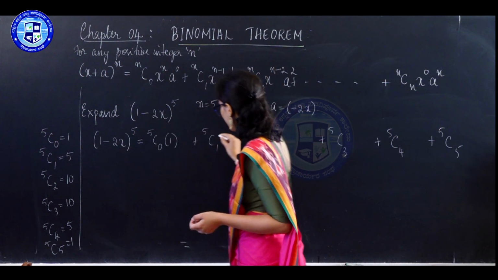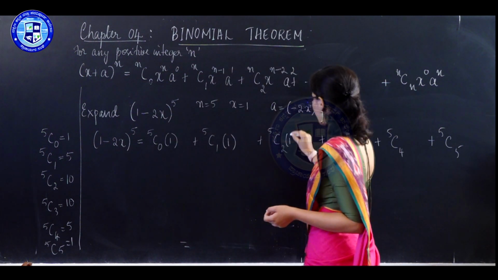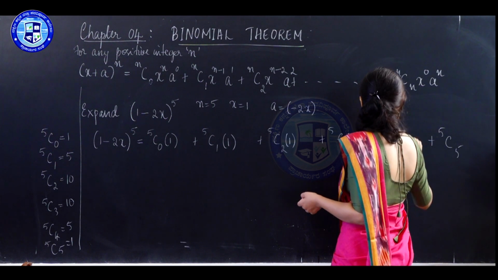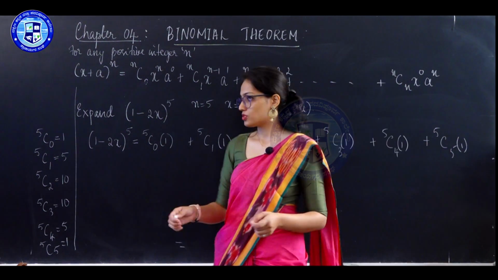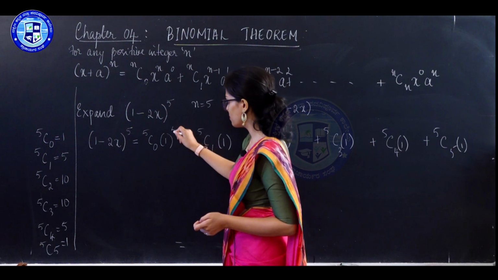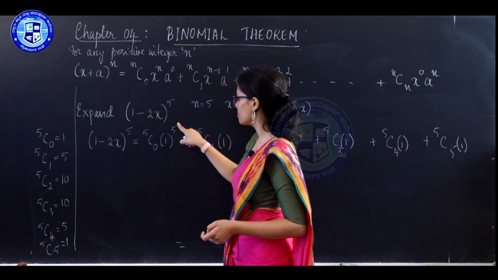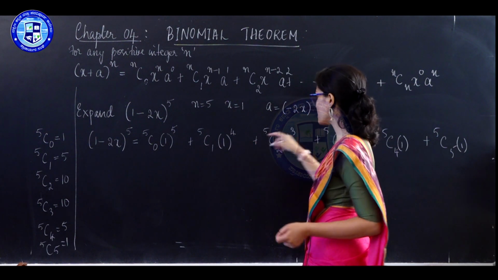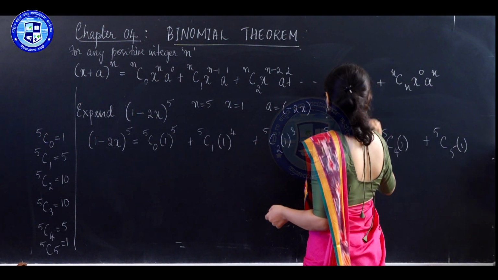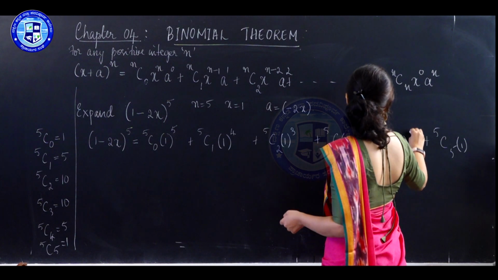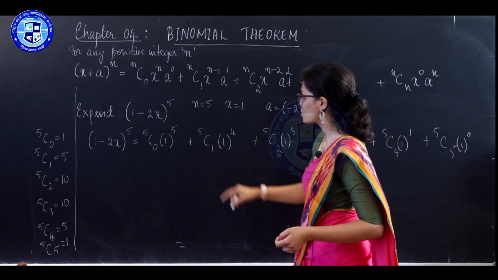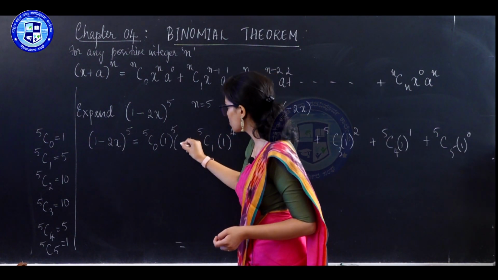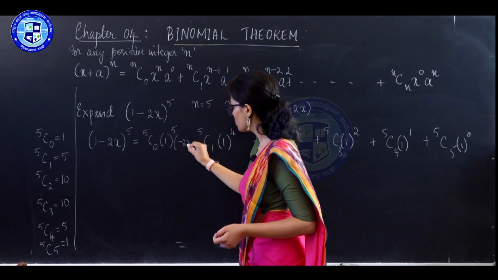X terms are 1, so we start the power of 1 by 5, the highest power, go on reducing. So, this is 5, 4, 3, 2, 1 and 0. So, for the a term, I will make a note of the a terms first, 2x